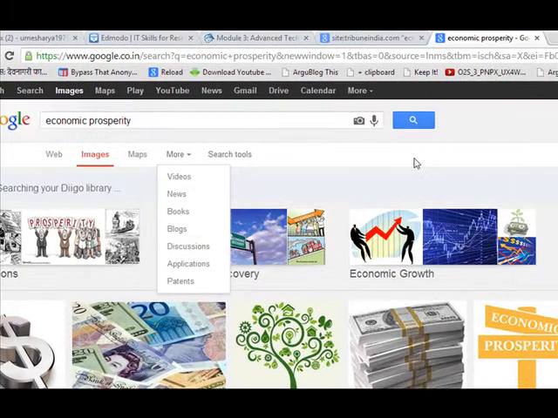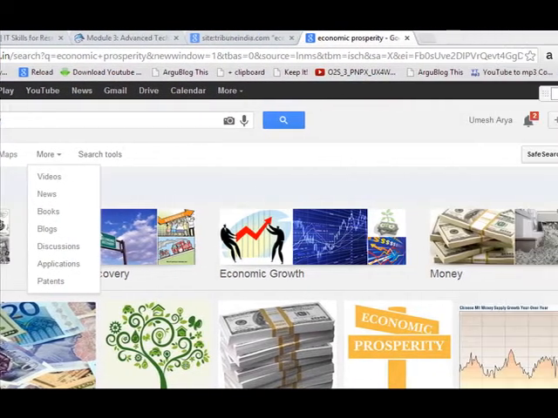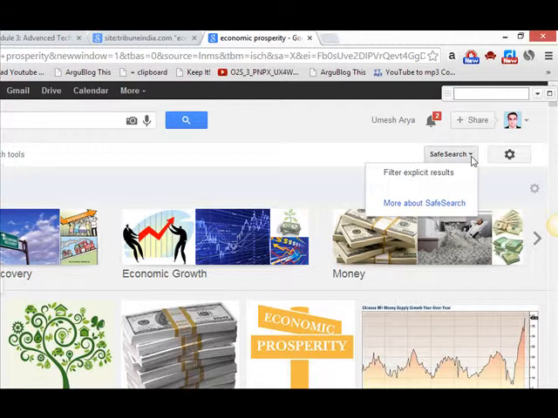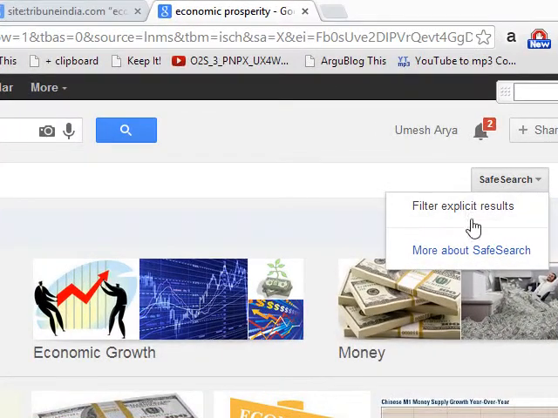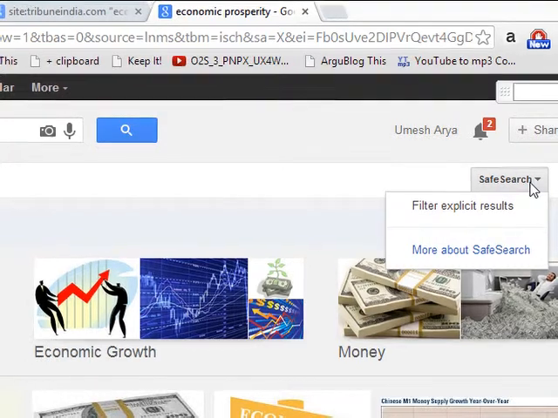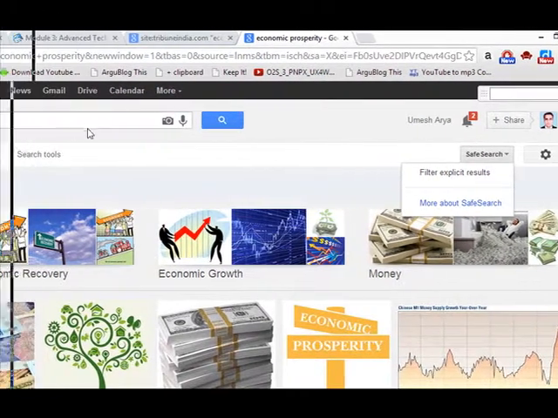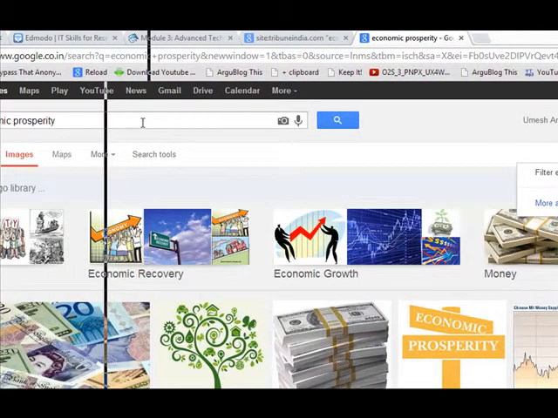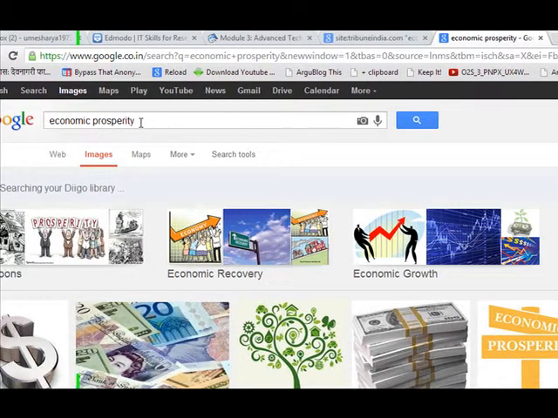Very few of us notice some of the links on the right side, like safe search. What is safe search? You should always put it on. If you are searching for some controversial words, for example breastfeeding, then it will return only those results which are really scientific, related to breastfeeding.